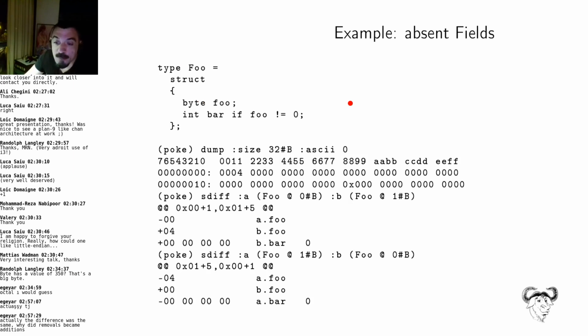Of course, how does this work with some of the interesting poke features, like, for example, absent fields here? So we have the same IO space, and now we have a struct foo, which starts with a byte, and then it has an integer bar field, but only if the previous byte is not 0. So again, we are comparing a foo mapped at offset 0, in which foo is 0, so it has no bar, and a foo mapped at offset 1, in which foo is 4, so it has an integer bar. So we get one diff